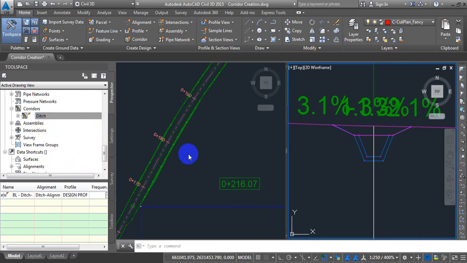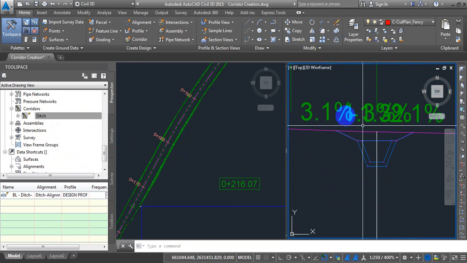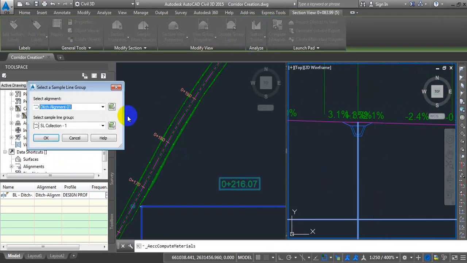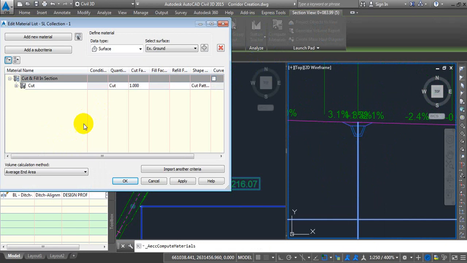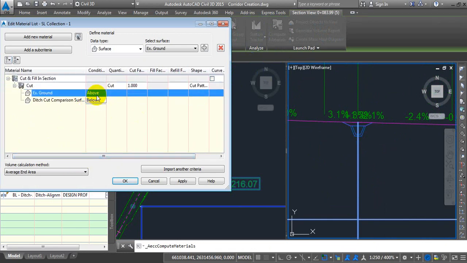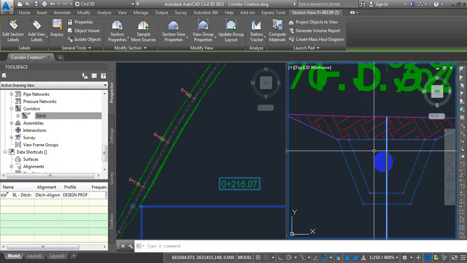Corridor, hopefully corridor rebuild will create an impact. If not, then I think I'm doing something wrong. So I will click on this guy again, we'll come to compute material, and we'll press OK. This time I will cut pattern, everything is okay. I will change it to below and change this to above. Let's see if something happens. Yes, so